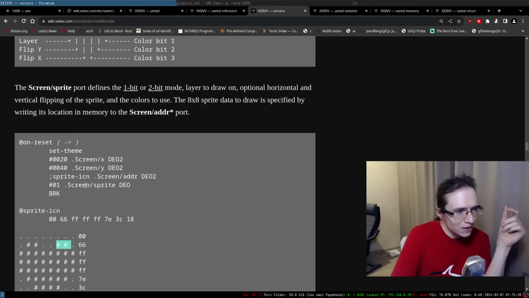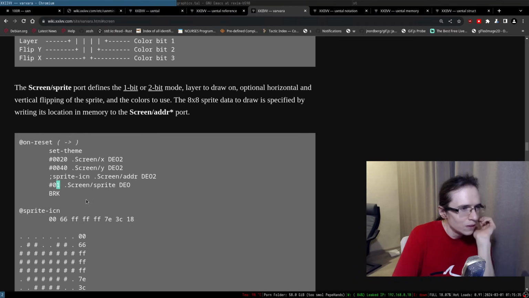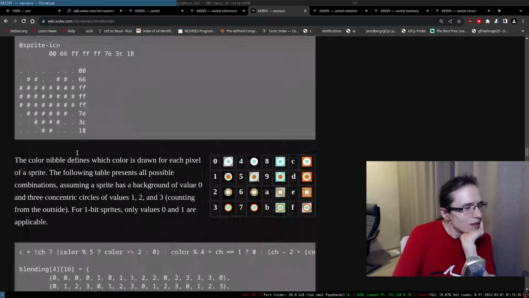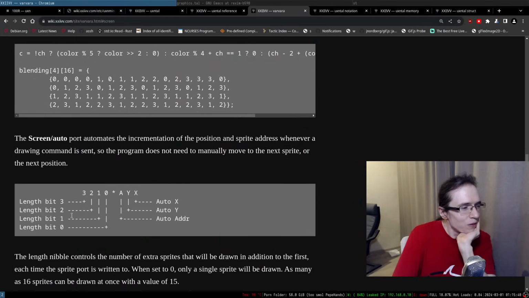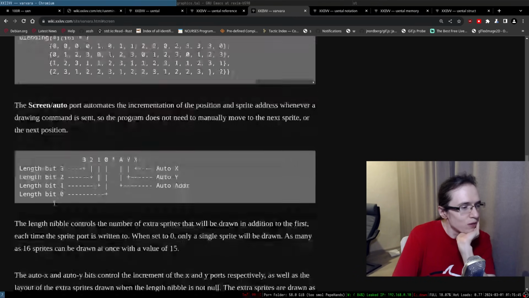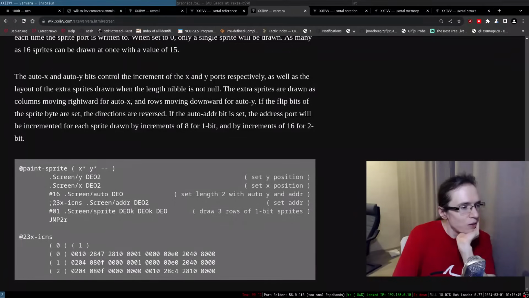So that means the colors are kind of defined by what? There's something about the mode, I suppose, like a bit nibble control.